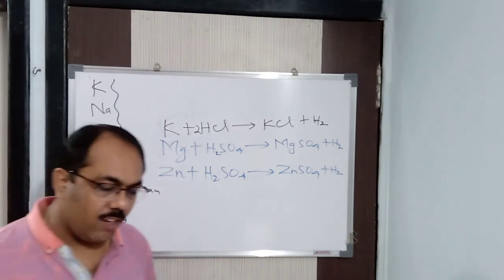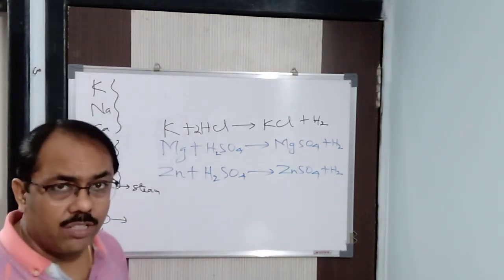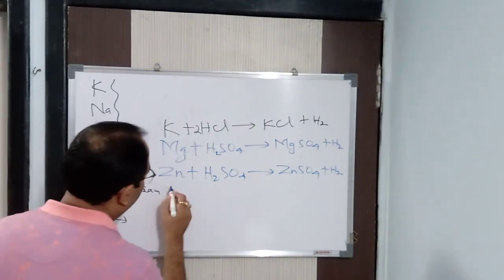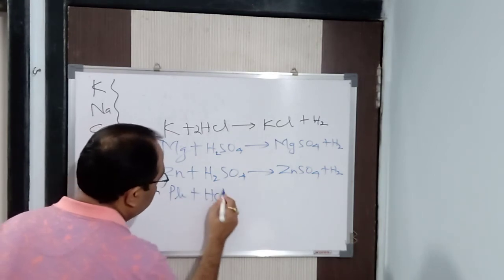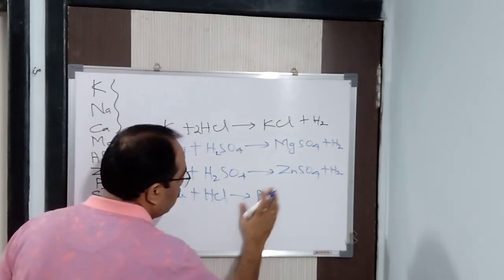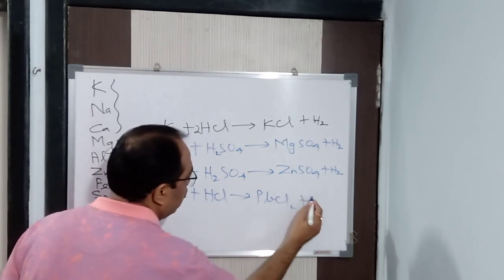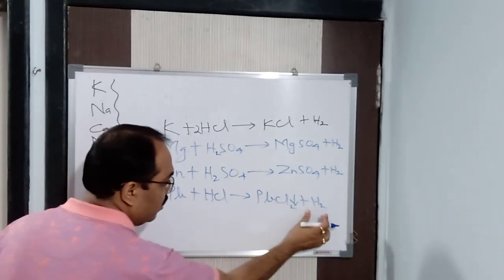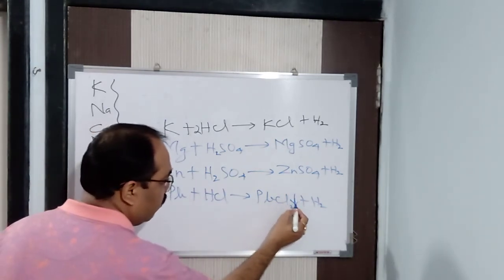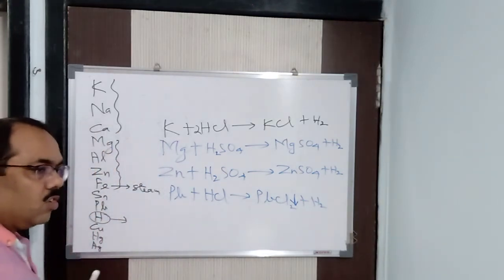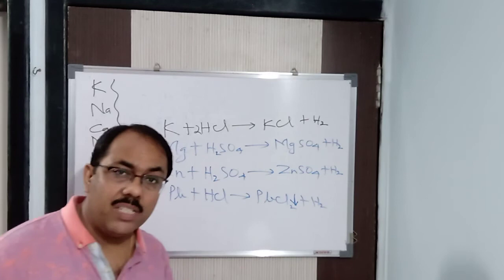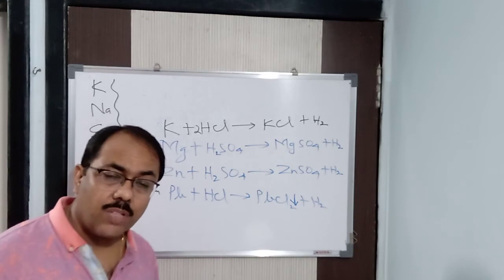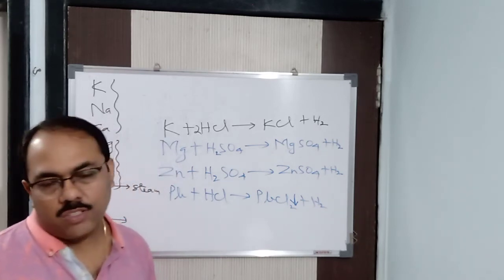Now lead cannot be used for the preparation of hydrogen with dilute acids. Why? Because Pb plus HCl or Pb plus H2SO4 will give you a salt: in the case of HCl you will get PbCl2 and hydrogen gas is released, and with H2SO4 you will get PbSO4 and hydrogen gas is released. But what is this? It's a downward arrow, which means it's a precipitate. So it forms insoluble precipitates, PbCl2 and PbSO4. Listen carefully: the insoluble precipitate settles over the surface of the lead, due to which the reaction stops after some time. So lead cannot be used.